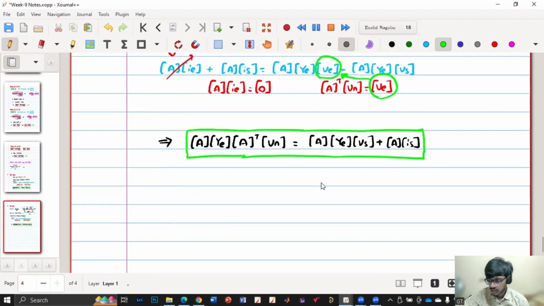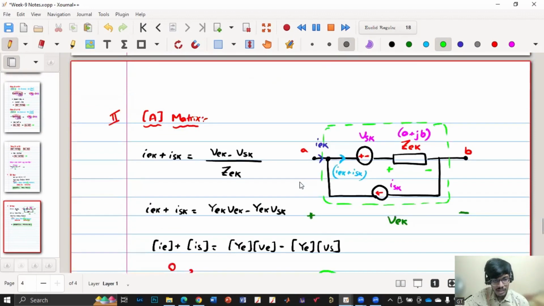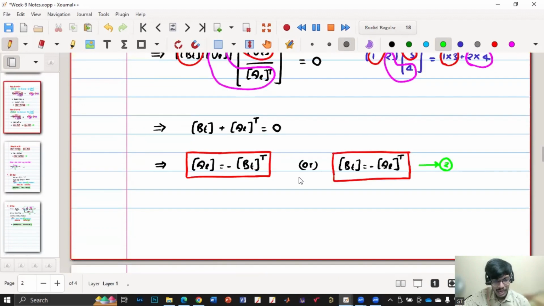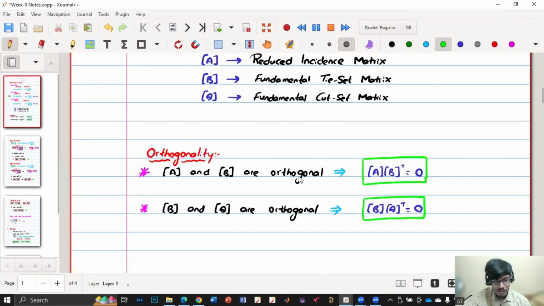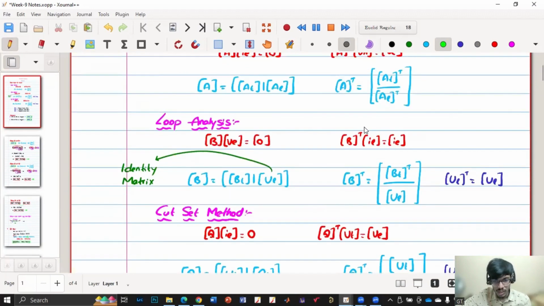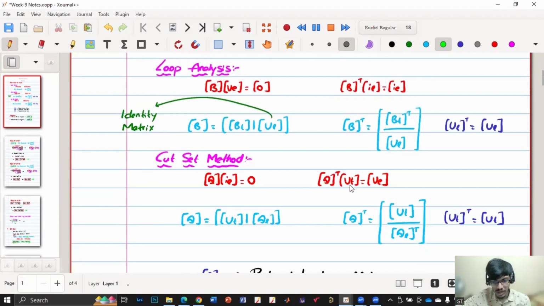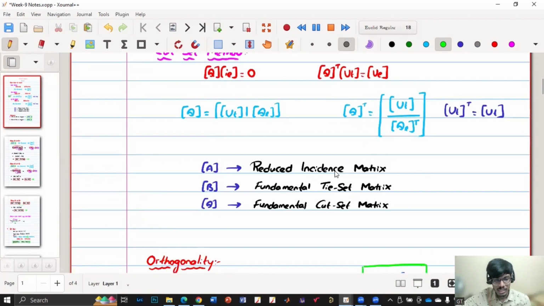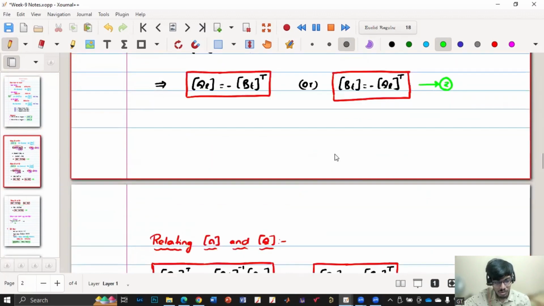Now, if you see what is the difference between A and Q, we have here Q into IE is equal to 0 and Q transpose into VT is equal to VE. So here instead of V node voltages, we have V twig voltages and the rest of the things are the same. So what I mean to say is,